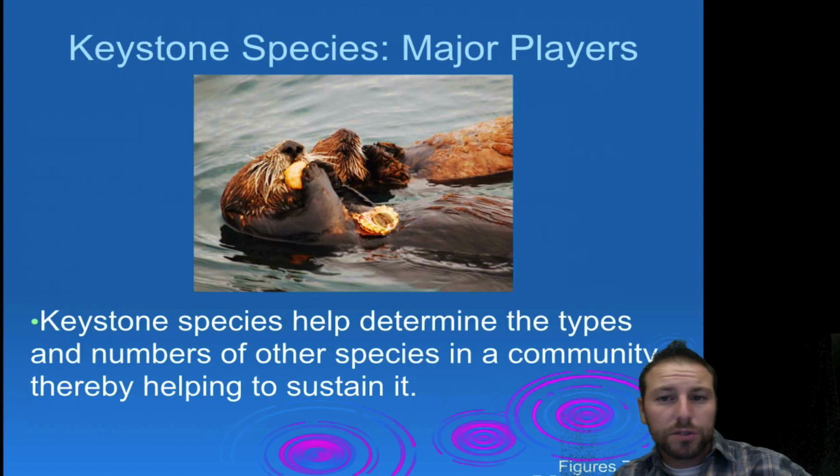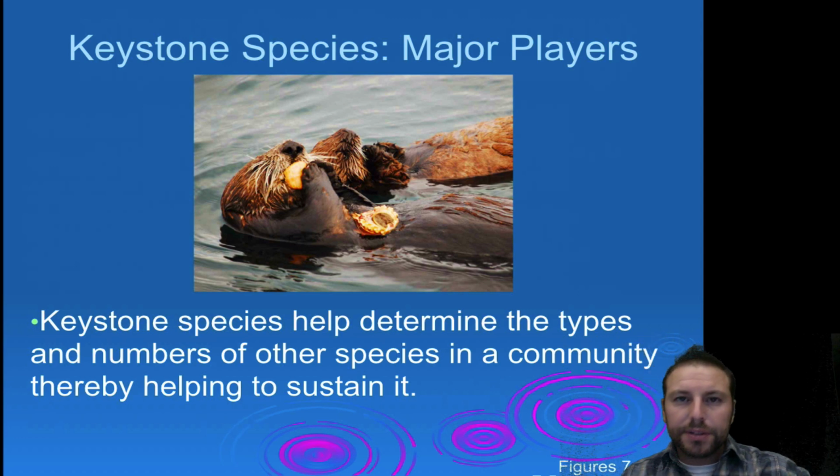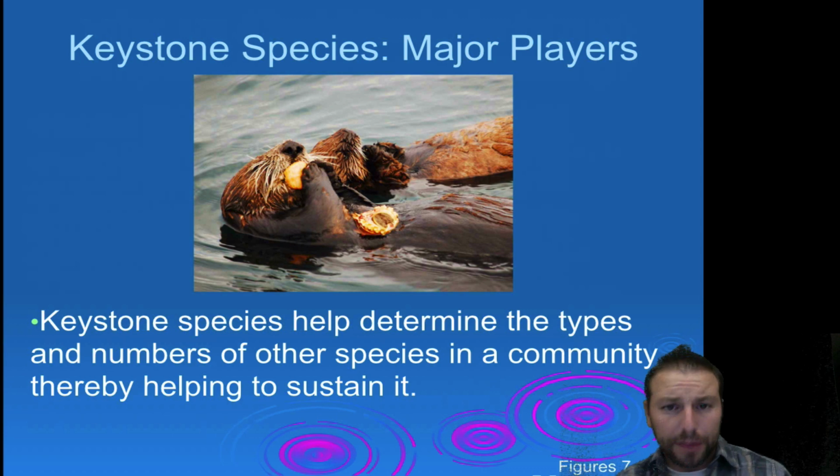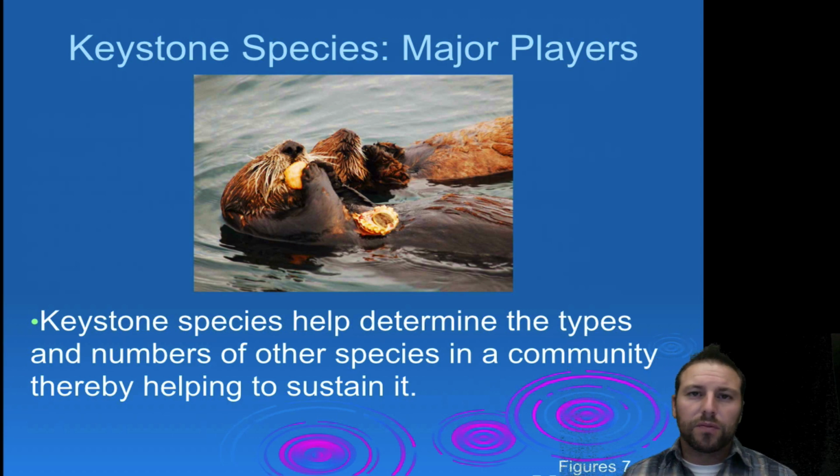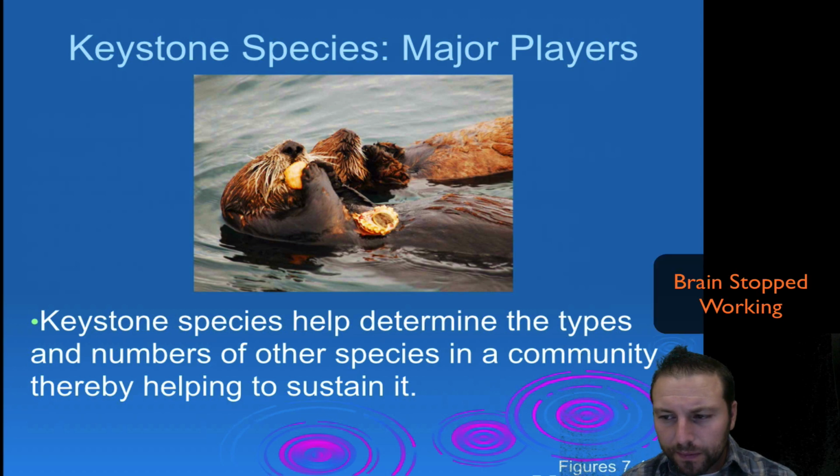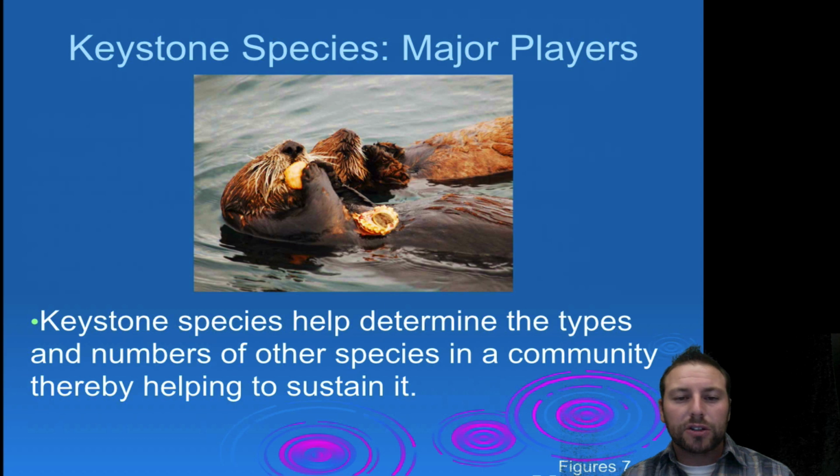Then we have keystone species. Keystone species basically determine the shape of the community and the numbers of other species in it. So the sea otter that we have here feeds extensively on sea stars, and also on sea urchins. And by feeding on the sea urchins, it'll actually help allow the kelp